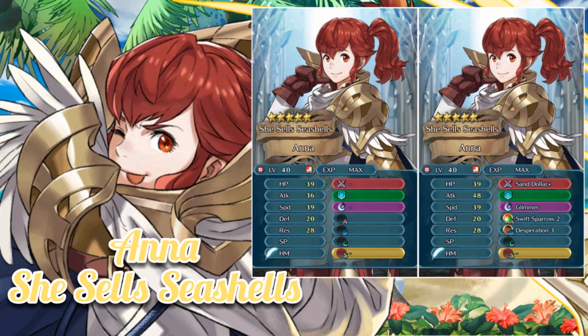The last 4 units were all participating in some sort of activity by the waves, but Anna's on a mission to bring home the bacon. She's been scouting the shore all day looking for the most beautiful shells, and she plans to auction them off to the highest bidder. Apparently, the summoner gave her this idea after teaching her the tongue twister, "She sells seashells